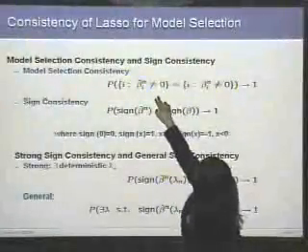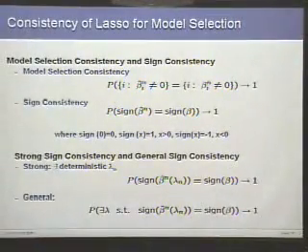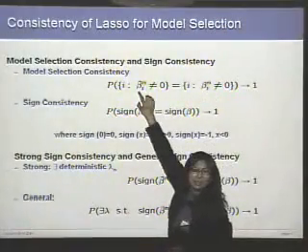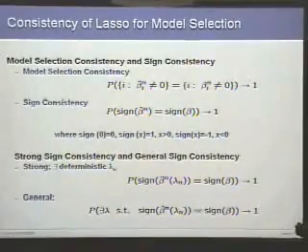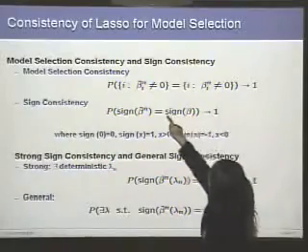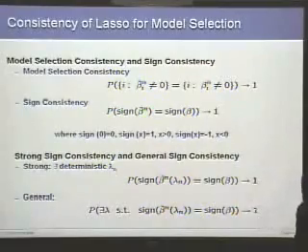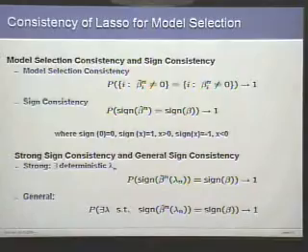So we define model selection consistency, saying that the non-zero ones of the estimate are the same as the non-zero ones of the true parameters. This means that you pick the right ones. And with the estimation consistency, we only need to look at the sign. This is stronger: you want not just the non-zero ones to match, you want the signs to also match, because you can pick the correct ones but have the sign switched.